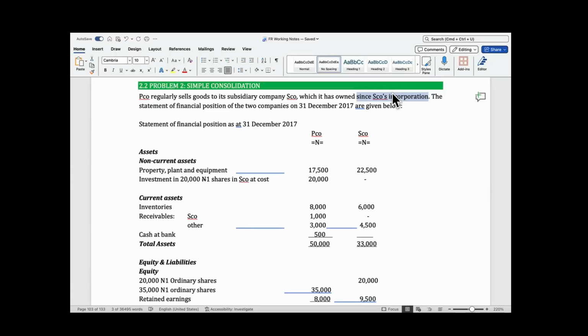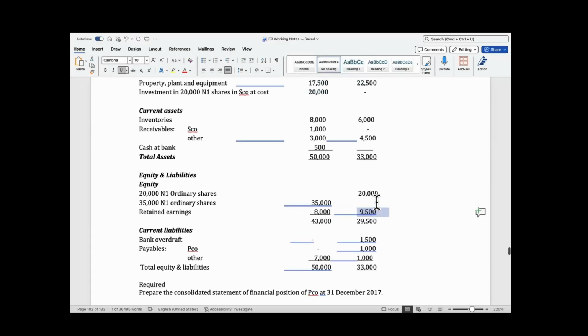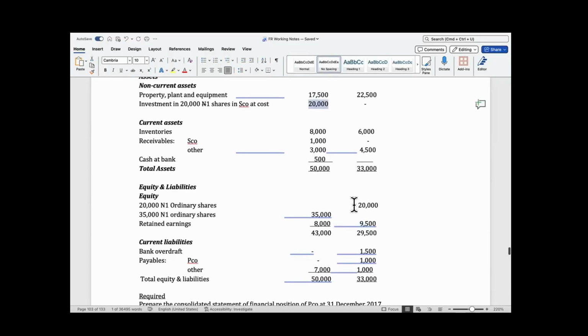And if ESCO is just beginning, and that's when he invested 20K in ESCO, would ESCO have made any retained earnings? No, it wouldn't have. So this 20,000 is only applicable to this 20,000. That's how I want you to understand it. And which is what you hear us calling pre-acquisition retained earnings, which is the retained earnings that was there when we invested,